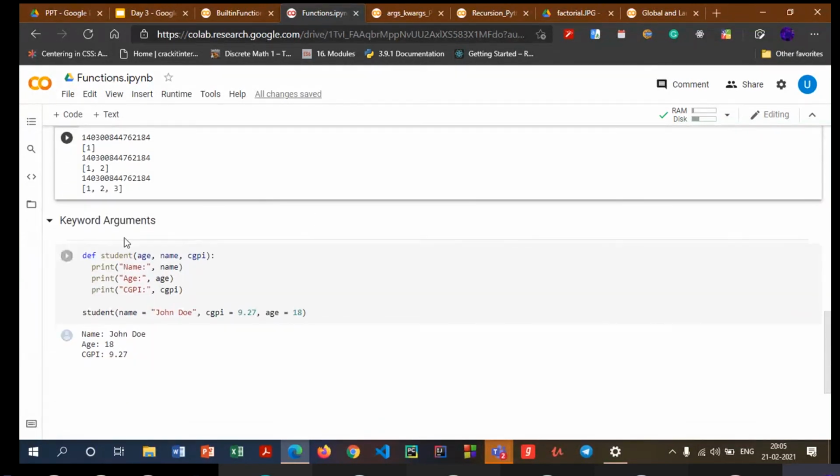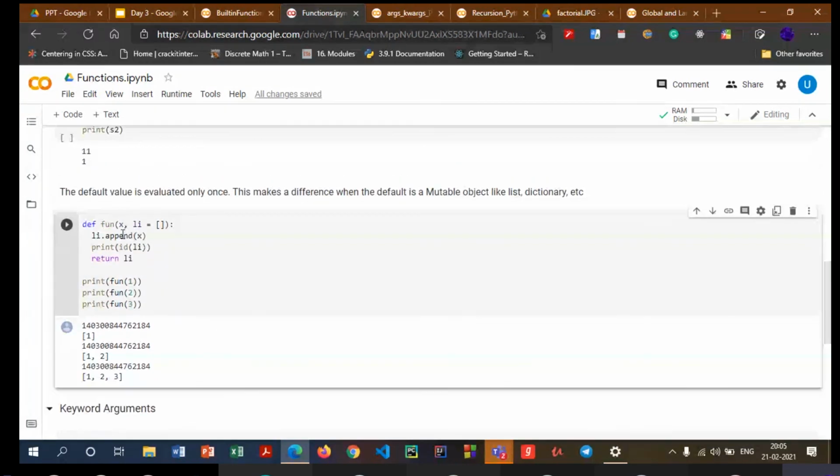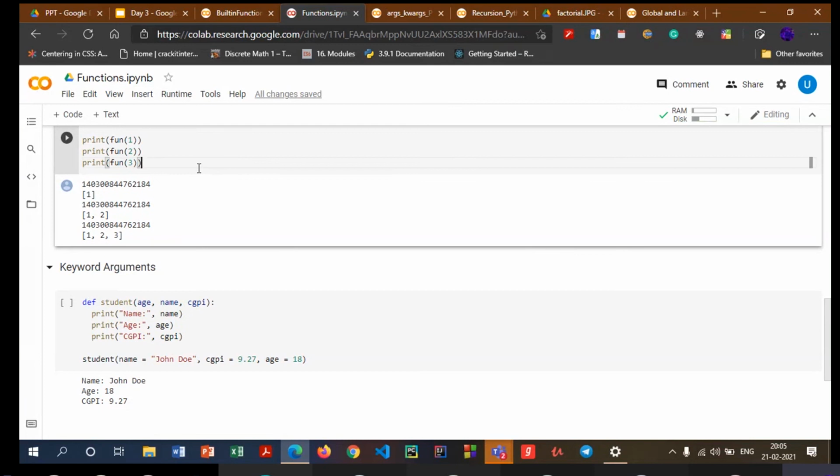Next, we have keyword arguments. Up till now, you have seen that if I have two parameters, the order is important.